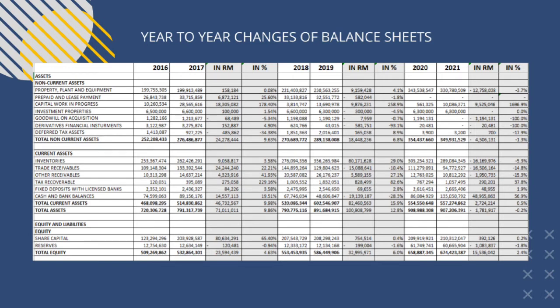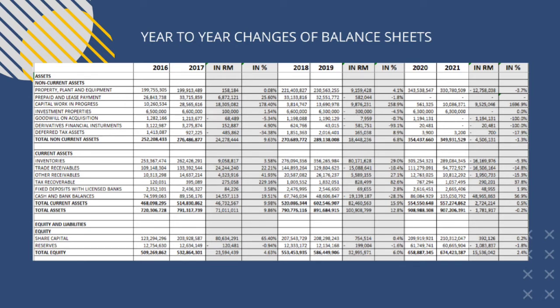Total non-current assets changes are 9.63% from year 2016 to 2017. There is a massive increment in capital work in progress for the year 2016 to 2017, which is 80,305,082 ringgit. The increasing number is coming from prepaid lease payment and also capital work in progress. But the changes in 2021 showed a decreasing pattern where the changes were negative figures, about negative 1.30%.